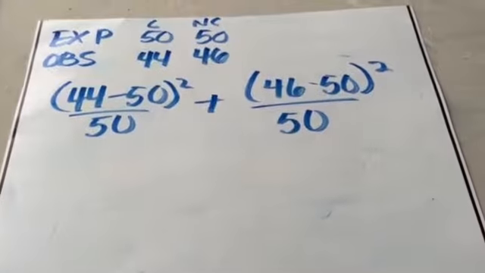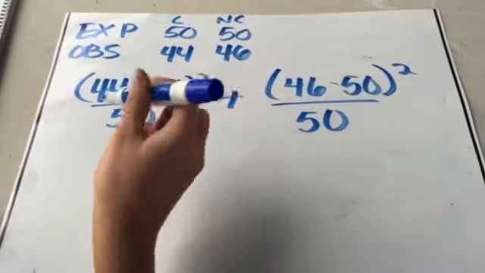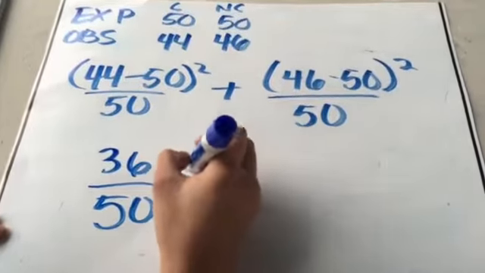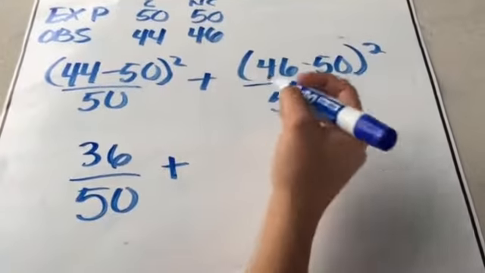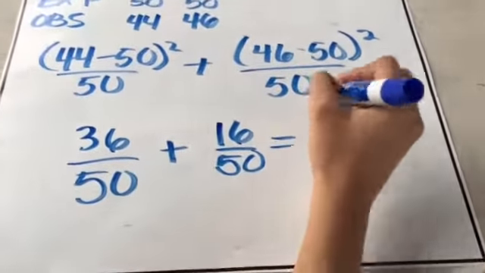So now what you have to do is subtract 44 minus 50, which is negative 6, squared is 36, over 50, plus 56 minus 50 is 6, squared is 36 over 50, which comes out to be